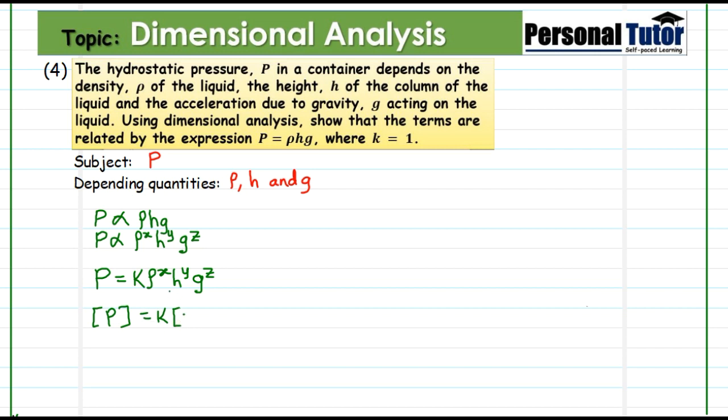Then the density also in dimensional form, exponent S, the h height, exponent Y, and the g to the power Z. Let's take time to expand these ones, especially P